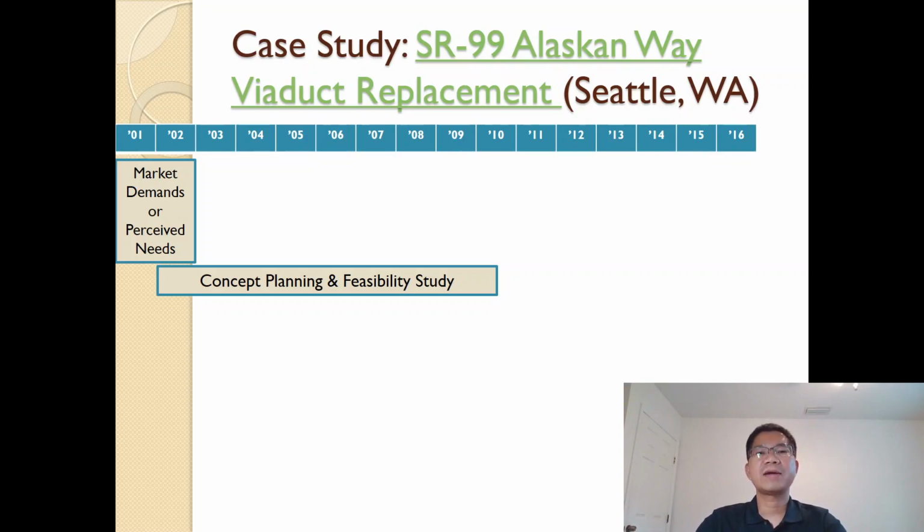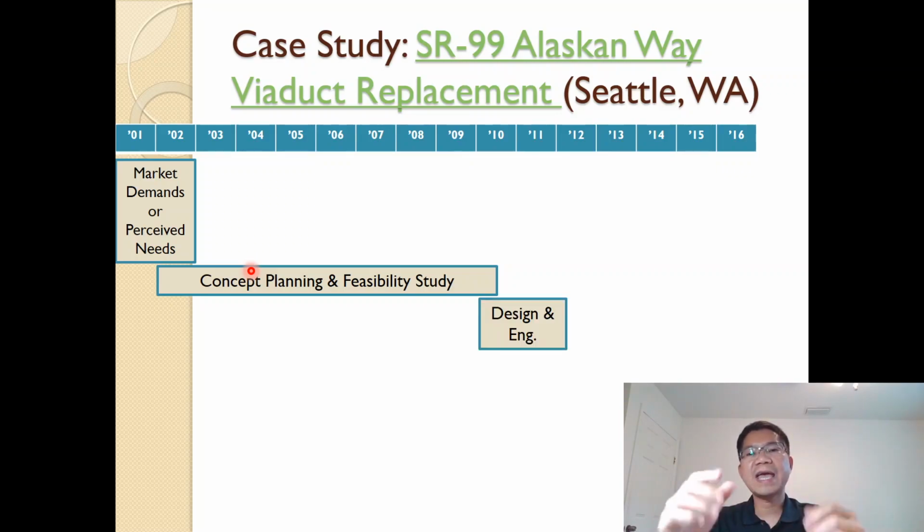for a decade. Of course, during that process, when you read the timeline, they may have some engineering work, preparation, construction work, but mostly during this time frame, it's more the conceptual planning and feasibility study to replace the viaduct. And then we do the design engineering, detailed design engineering.